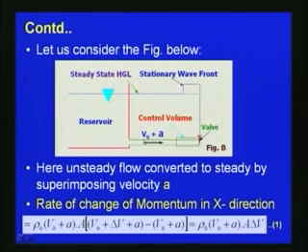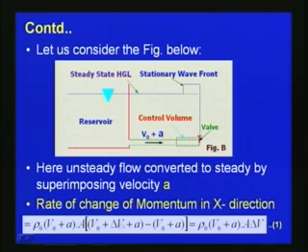Now if you consider the same system as we discussed, the velocity here is V 0 plus A, and then here the velocity changes. So, here the unsteady flow, as I mentioned, is converted to a steady state by superimposing the velocity A. That is what we have done. Now we can find out the rate of change of momentum. With respect to the change in velocity, there will be a rate of change of momentum. So, the rate of change of momentum in x direction we can write as rho 0 into V 0 plus A